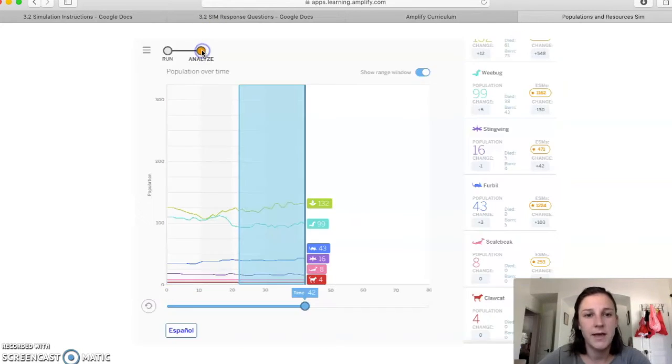And if we look at that, we click Analyze, we can see this is what it looks like, and they've pretty much got stable after this. There's not too much change going on here. Everything's kind of, especially these 4, the furbills, stingwings, scale beaks, and claw cats, those populations are all pretty stable, and then the wee bugs and the green leaves are bouncing around a little bit. So that's our initial